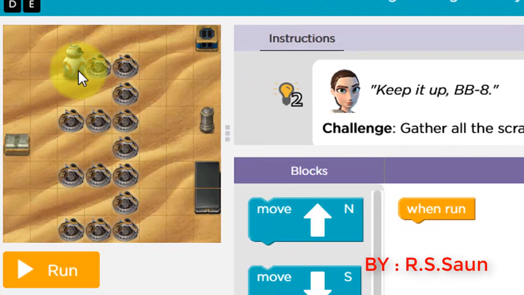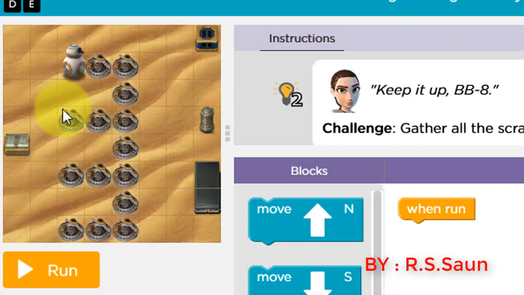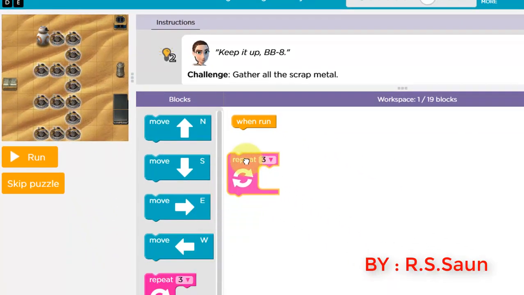So now one way of doing it is to take 2 steps toward the east, then 2 steps toward the south, and then 2 steps toward the west, and repeat this 3 times. Otherwise, you can give direction to move ahead 2 steps toward the east, then you can jump here, go here, and possibilities are infinite. You can have a structure like this and like this. So there can be many possibilities, but I will be doing one for you.